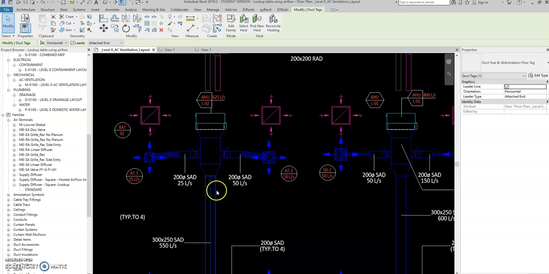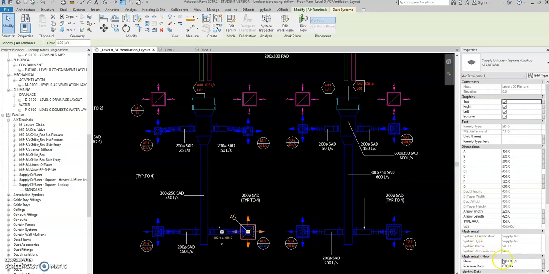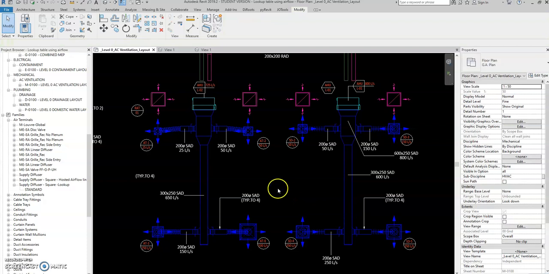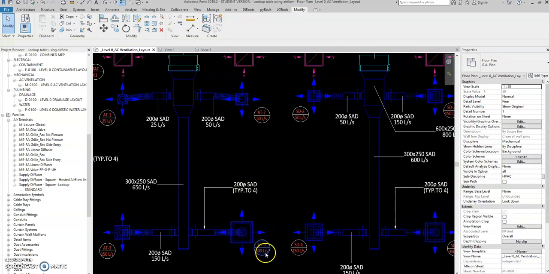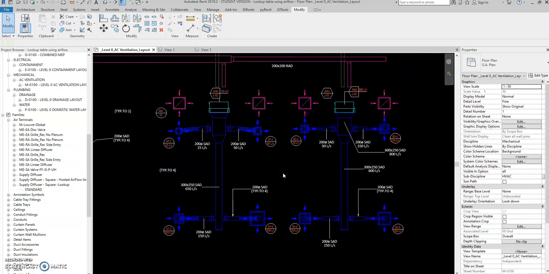The formula is using a system. So 1, 2, 3, and 5. So even if I change this one, 500 airflow, then it will change also. So 86. So they are different now. So if I change this one,